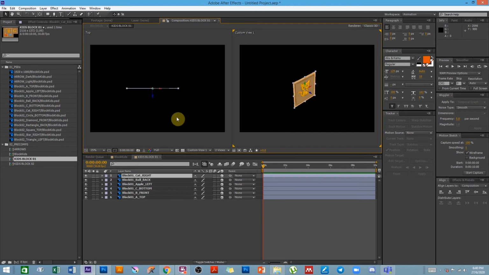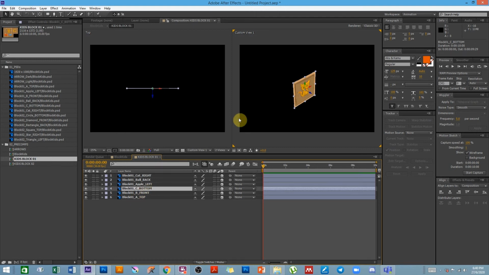When you activate an object as 3D in After Effects, it makes it suspended in 3D space, and it has these three arrows that let you move it around the X, Y, Z axes. With the cat, I'm not going to move the cat first. Instead, I'm going to move the top or the bottom first. So I'm going to take the bottom